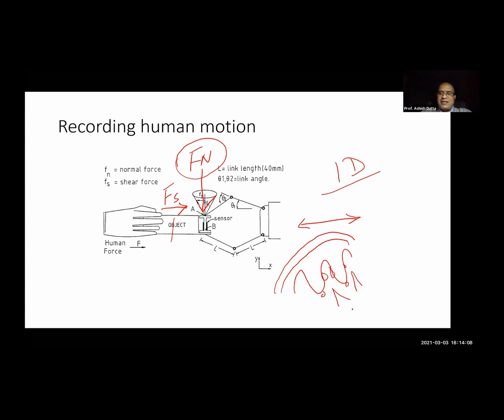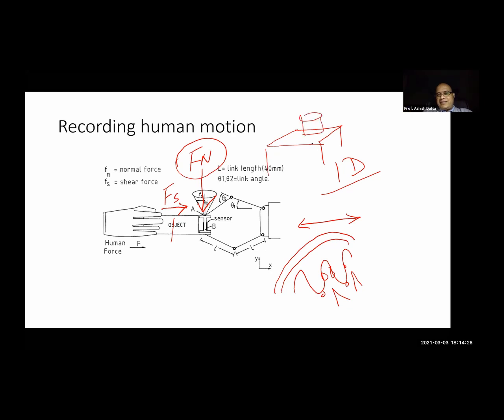How it is done is not very clear. Maybe change of strain energy. But there are 7 kinds of sensors actually which are there in the fingertip, which can measure normal force, shear force, then vibration, slip. Very interesting is, suppose on a table, if I keep an object like this